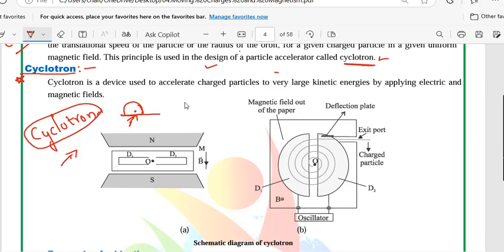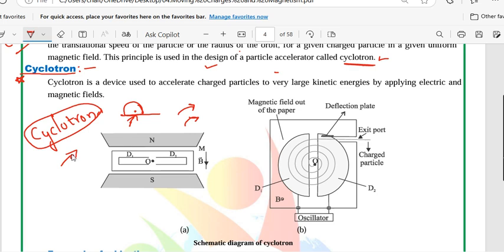If I apply heat energy, or if I need to increase the temperature of the medium, by applying the kinetic energy or the electric and magnetic fields, we can easily accelerate the particle present in the conductor. So in that case, the cyclotron will